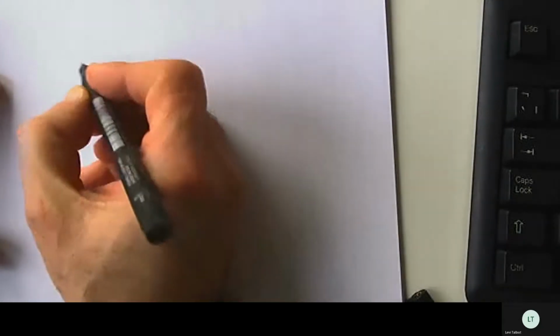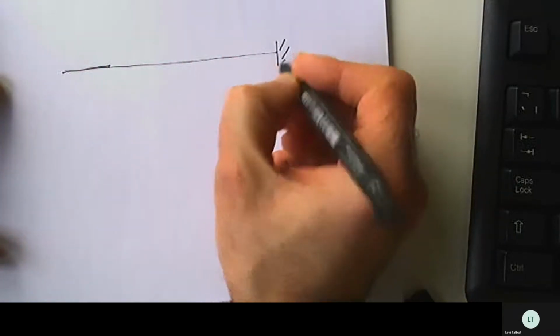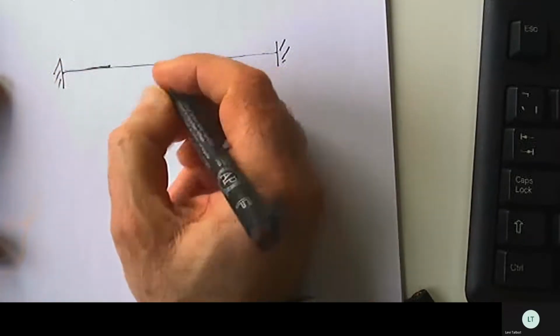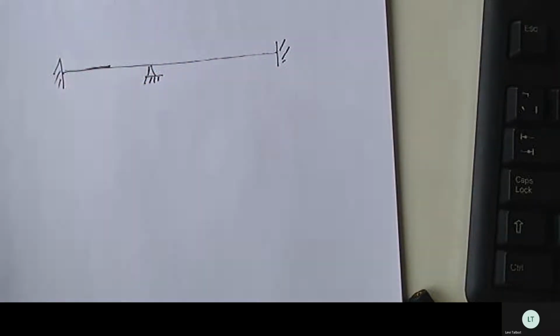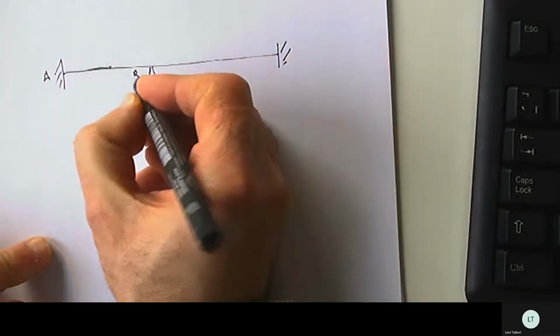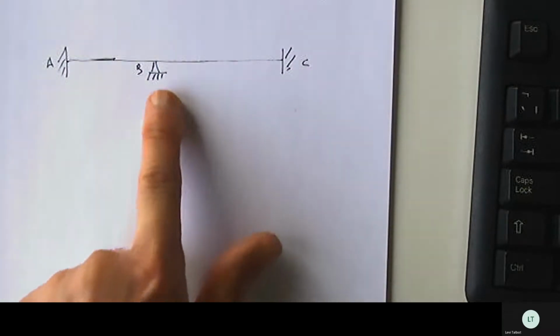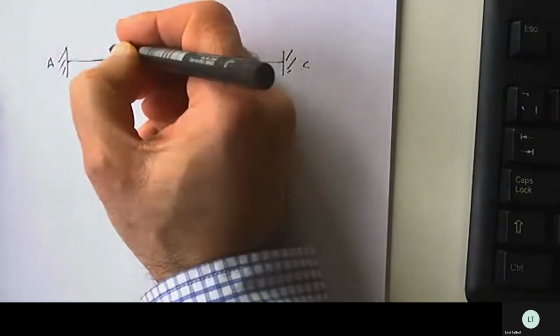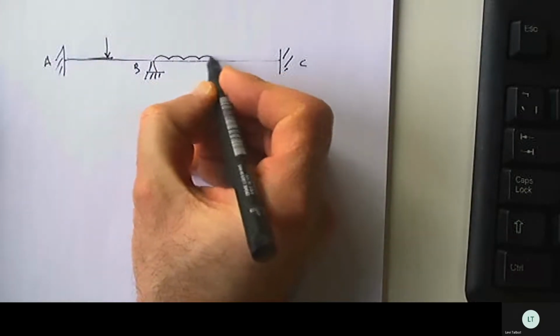I'm going to just explain how it works, okay? If we take an example of a beam, so we have a two-span beam, with a support in between, so we have A, B, C, okay? A and C are fixed, right? And B is a simple support. Is that clear? On AB we have a concentrated load in the middle, and on BC we have got a